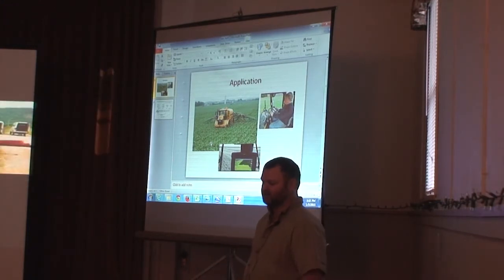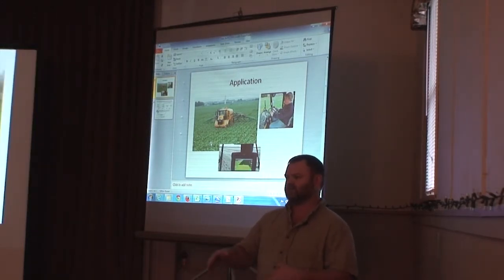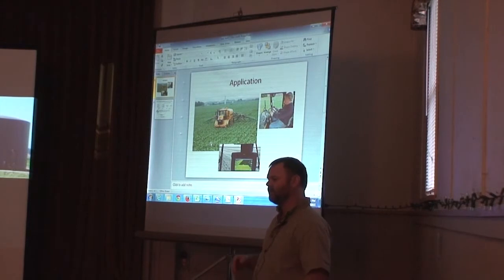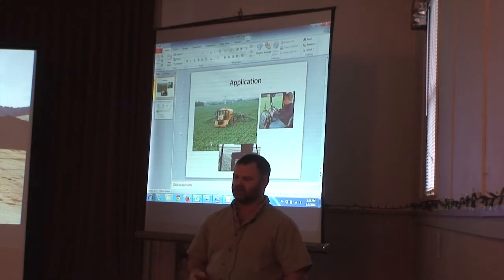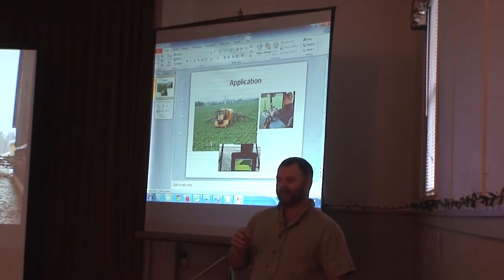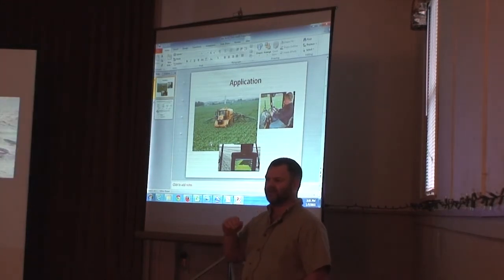On application equipment, there are some of the manure applicators that are out there that we're not using currently. We don't have the same systems as what they have in Europe, where a lot of these are being developed around tank systems with a lot smaller gallons per acre than what we deal with in our storage facilities and the amount of rain that we have. We have a challenge trying to get the amounts out into the field. The question is on lagoon covers or separators or concentrating the nutrients down so we can have a smaller amount go on the field and have an agronomic application, and then have that applicator actually dialed into the GPS and record keeping. It's all being done at different levels,